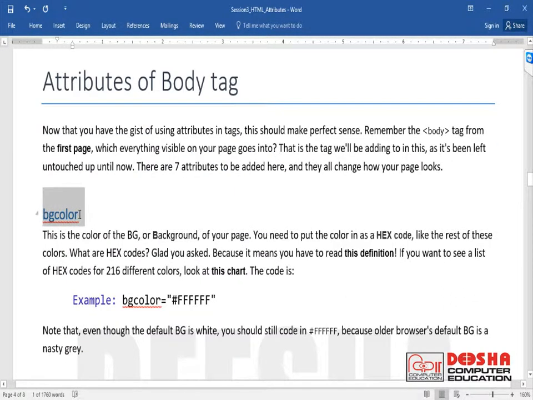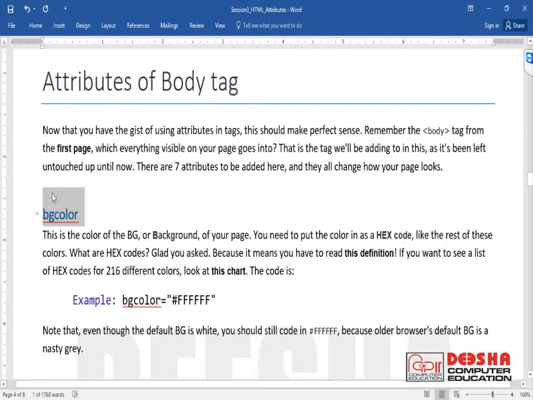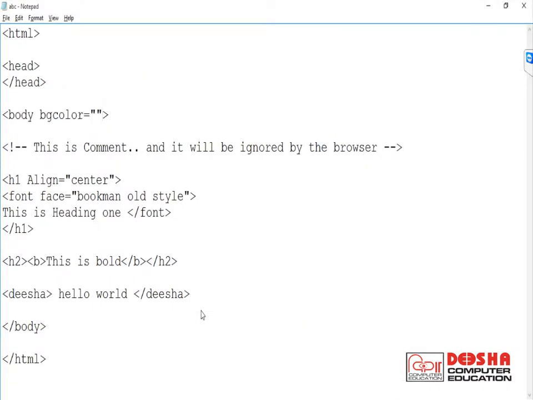First is the BG color attribute. Now let's see what the BG color attribute is. I will remove this text and I will use them one by one. The attribute is the BG color. And what is the possible value of this BG color? For this BG color, we can have any color name, we can have the hexadecimal value, or we can have the RGB property.